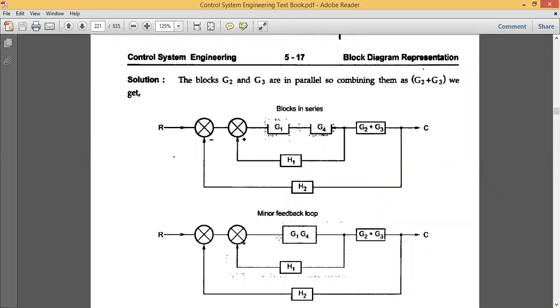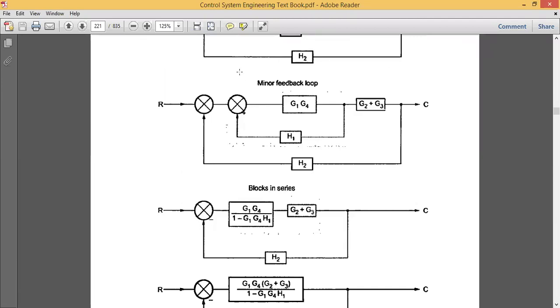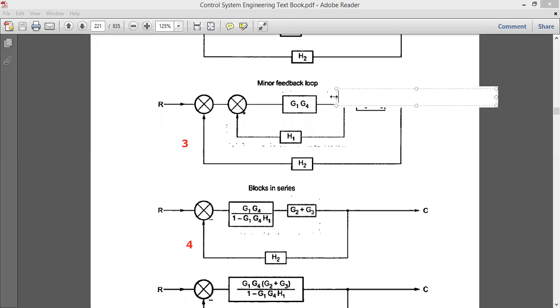So what we have done, I have written here in parallel. Now see the new diagram. Which is my new diagram? Now this I will write here. So this is my third diagram. Now this is my fourth diagram. Now check the differences. Do we have any series connection? No, I don't have any series connection, but I have a series connection here. But the problem is I have a takeoff point here. The takeoff point, TF, is the takeoff point.